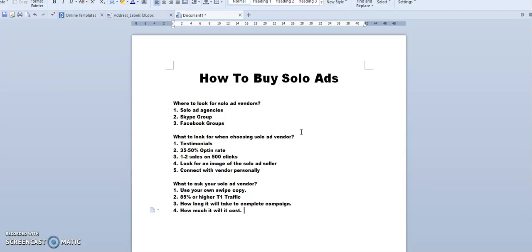Now this can vary from anywhere from 30 cents to over $1. Again, it's all about testing. If you want to pay that much for a solo ad vendor that you've never tried, that's up to you. I'd rather stay a lot lower, especially for a test. If I can get anywhere from 50 cents or even a little bit lower, I'm pretty happy. So, that's something for you to test out if you want.